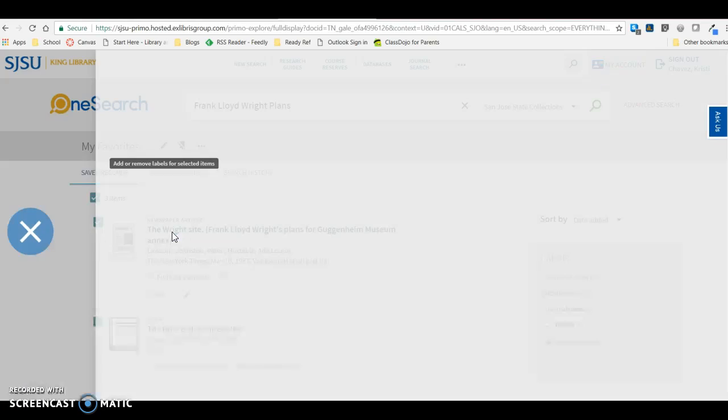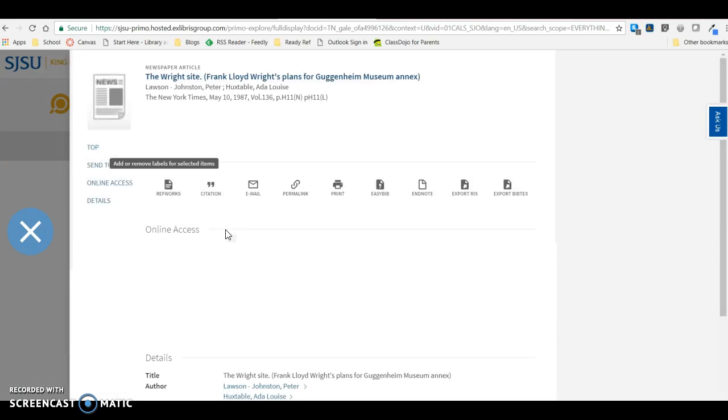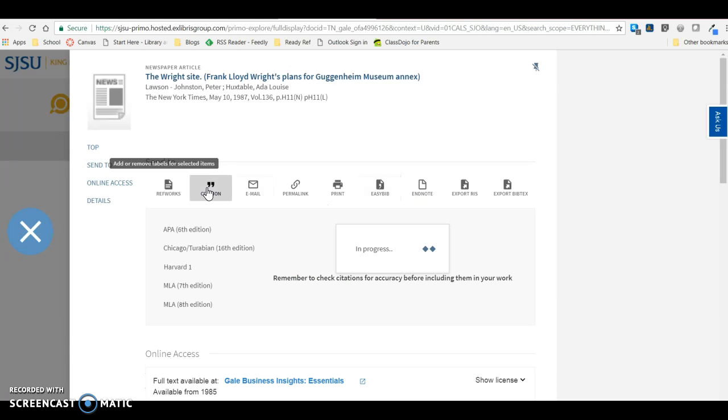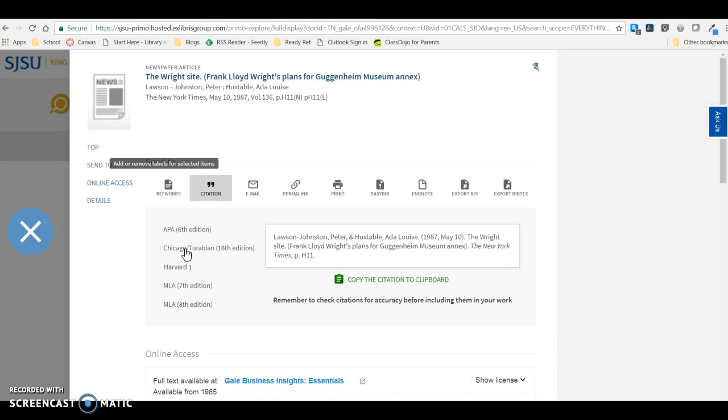You can also go into individual items and create a citation. You can send the citation of your saved item to a management system for bibliographies like RefWorks or EasyBib or EndNote. You can also choose the type of citation. You always have to double check these though. These are not always perfect, but they will get you started, and then you can refine them from there. But APA, Chicago, MLA, and you can copy a citation to the clipboard, or you can do lots of things